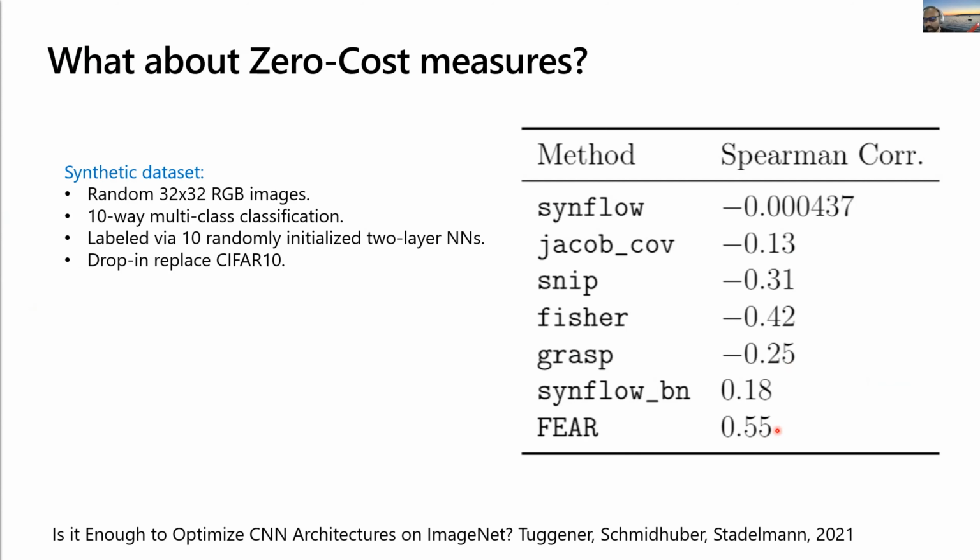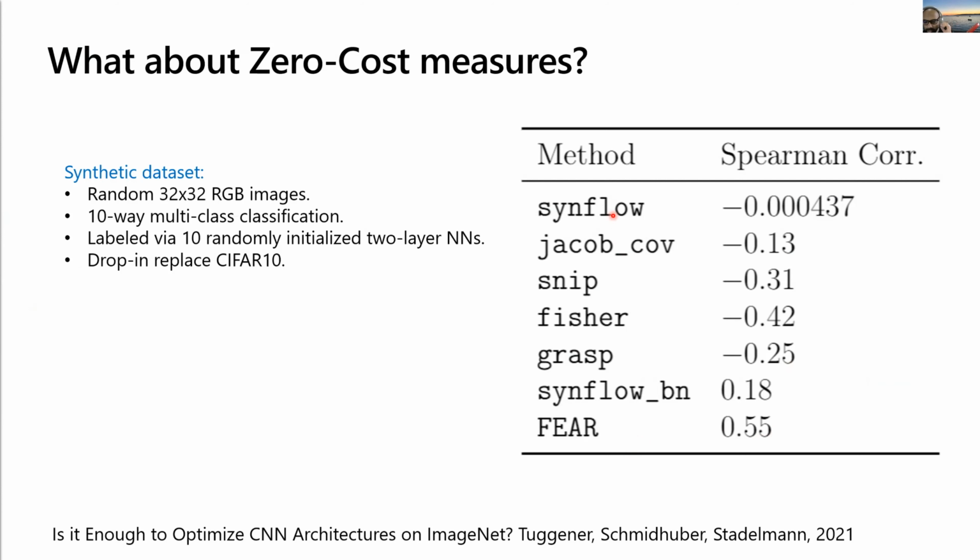Shortened regular evaluation also does well, which I have not included in the plot. But I want to stress this point: it seems that it is not enough to, for example, use SynFlow, which is doing really well, but SynFlow, if you read the paper, doesn't take the dataset into account. It's a dataset agnostic score.